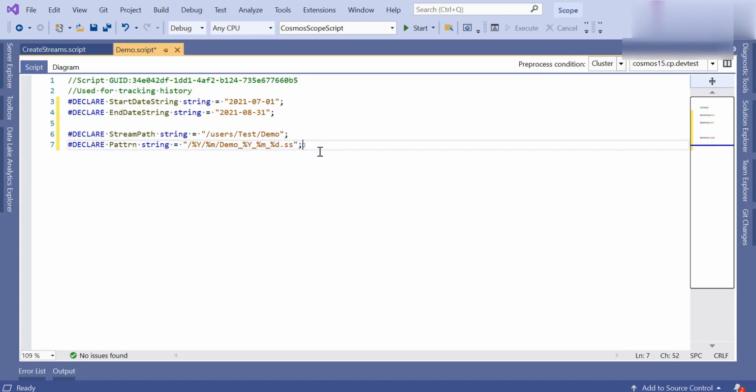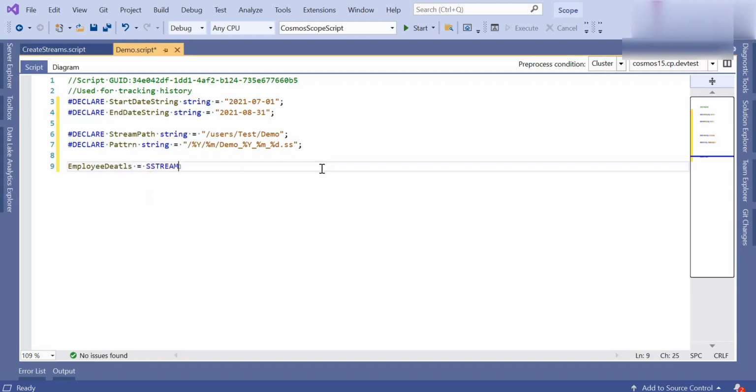Now we have to read the data from this path, from the streams having this pattern, between the start date and end date. Employee details equal to SSTREAM SPARSE STREAMSET, and here we have to provide the stream set path, meaning the stream path where our streams are available, at the rate.